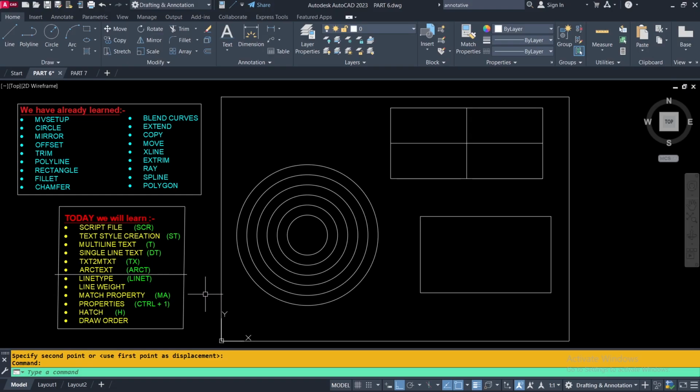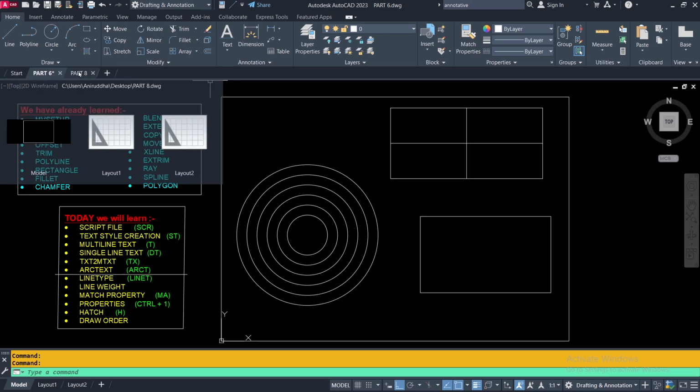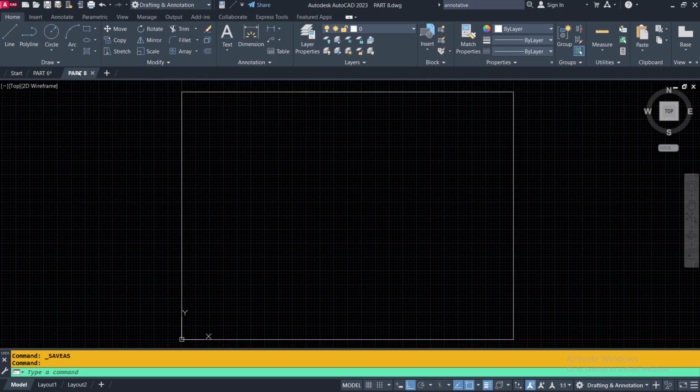Shortcut is LINET. For that I am going to the part 8 file, going to the file tab portion here and clicking here. So it is open. MB setup is already done. First we will learn about line type. For that I am going to the properties panel, showing here,